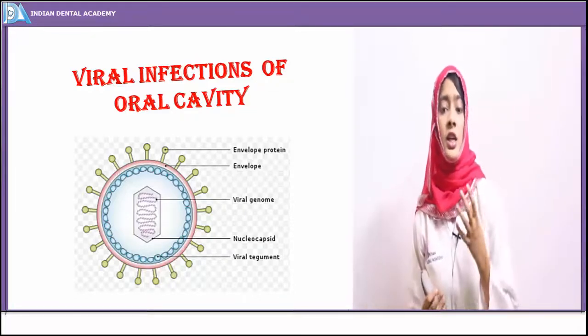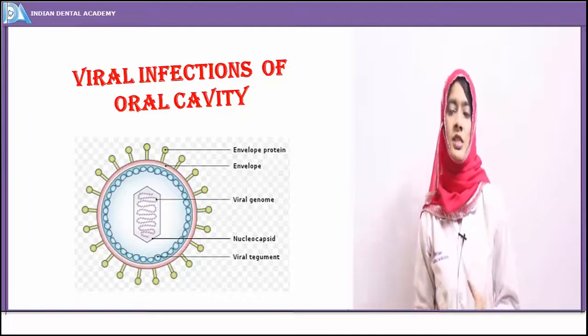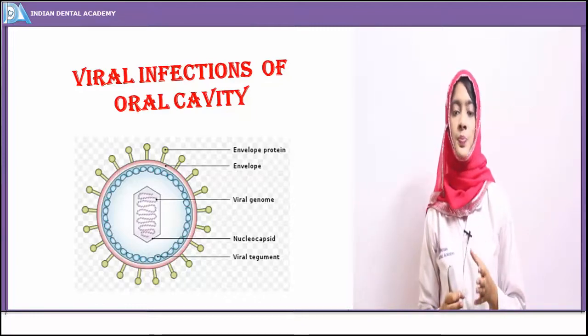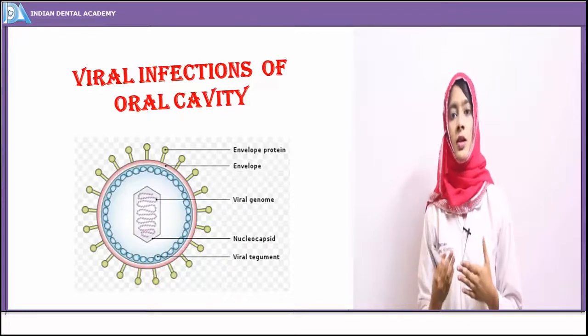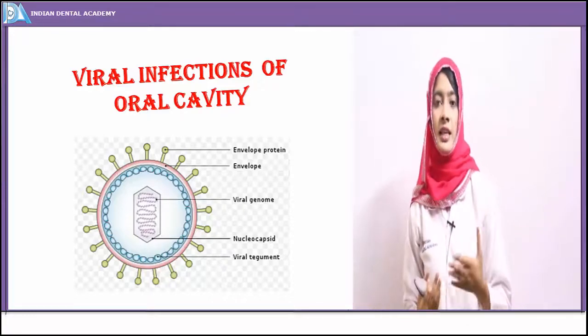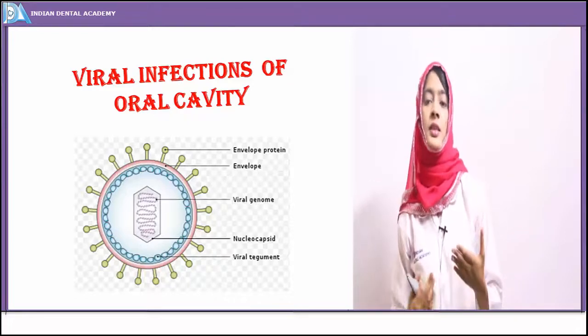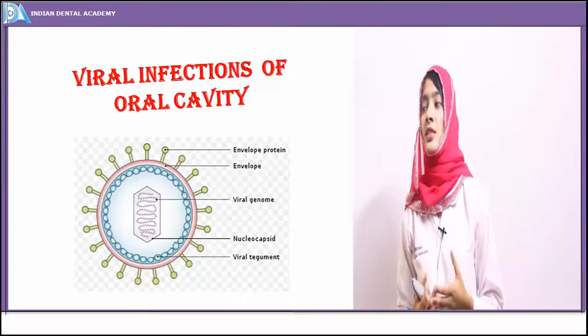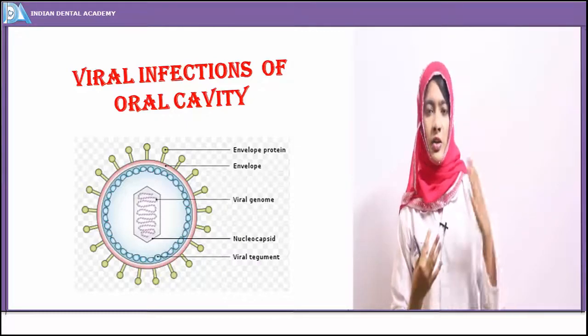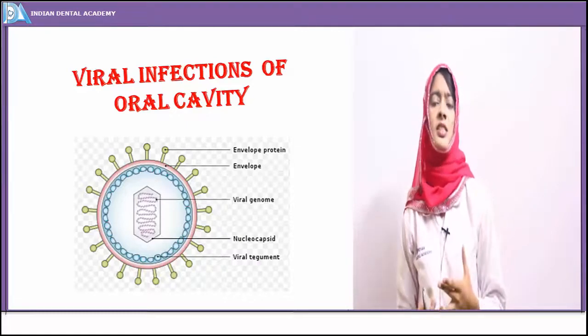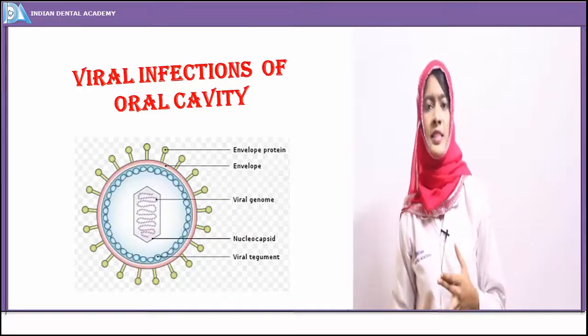variety of extracellular receptors are present on this structure. So this is the basic structure of a virus. The term virus was derived from a Latin word that means venom or poison. There are a lot of viruses: RNA viruses, DNA viruses, influenza virus, polio virus,